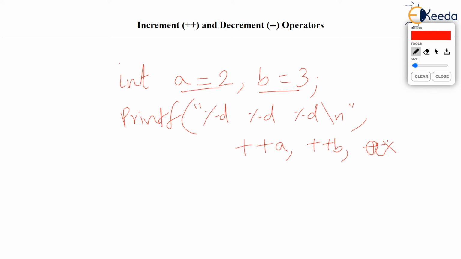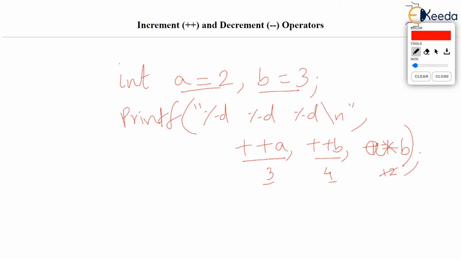Now tell me, any beginner who doesn't know this concept of evaluation in right to left direction would end up saying this ++a is done first. So a is 2, so this will be 3. This ++b is done next. So b is 3, so this will be 4. And listen, a has already become 3, b has already become 4. So this is 3 into 4. So this will be 12. But totally wrong. This is wrong.